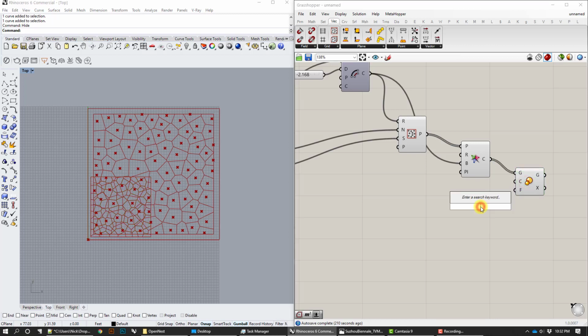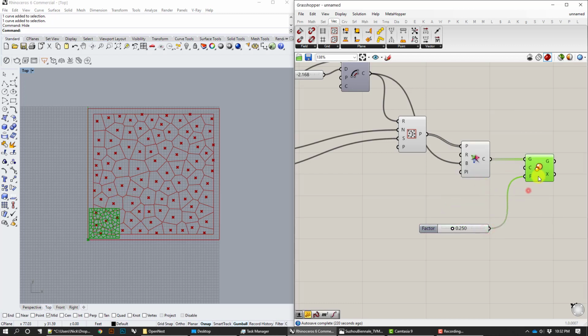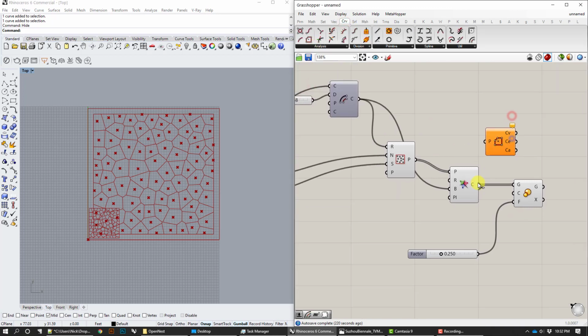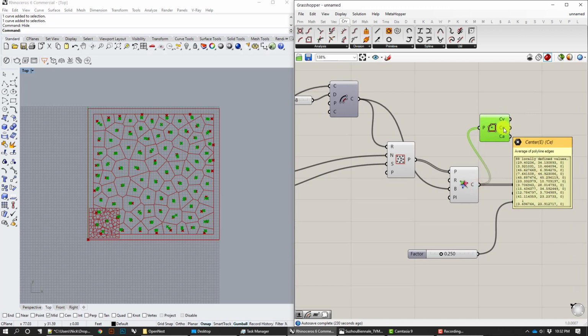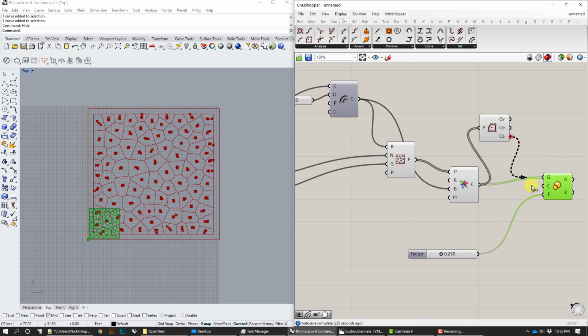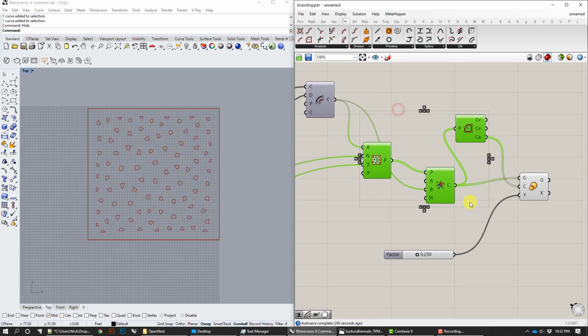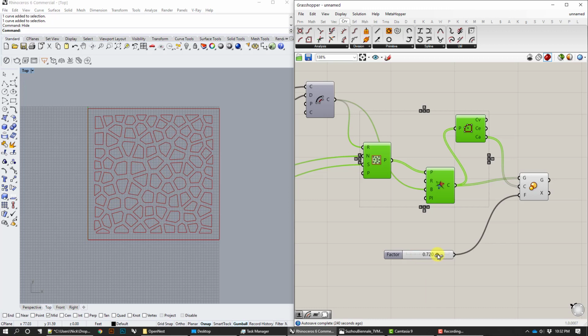So go ahead and do a number slider for F. And to find the centroid of these things, you go into curve, analysis, polygon center. And it's different, you know, the center of the vertexes, center of the edges, or the center of the polyline shape. I tend to like shape for my center. Let's go ahead and hide these again. And if you give yourself a little bit of that, you can kind of see that offset,